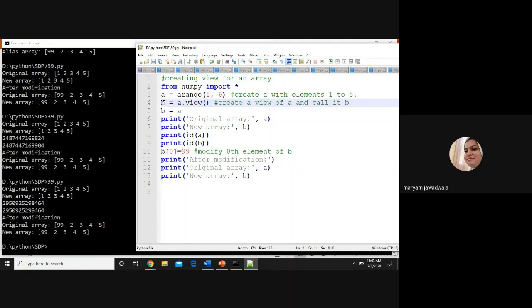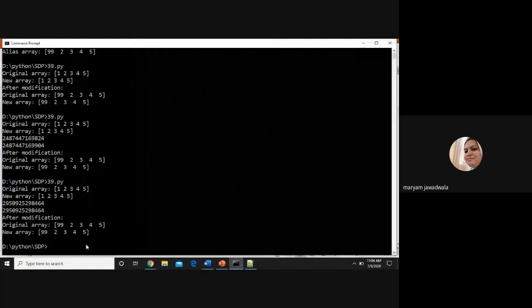keep my program as it is. I make it a comment here, right? And here I modify the element of the newly created array, b0 equals 99, which means the first element is modified. So after modification, what happened? The content of array A and B, both arrays will be modified, right? So again we run this program here,